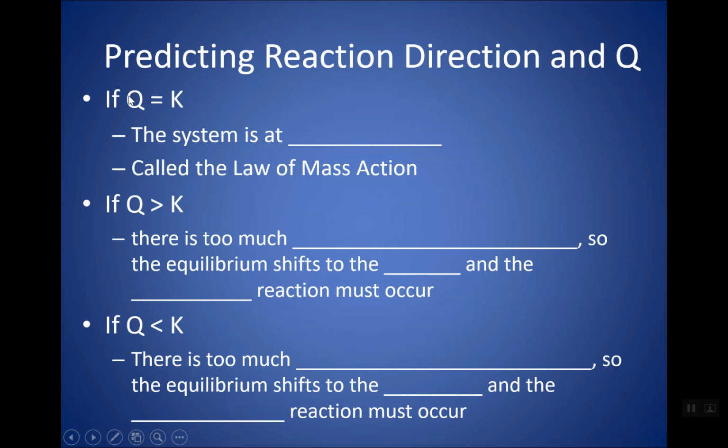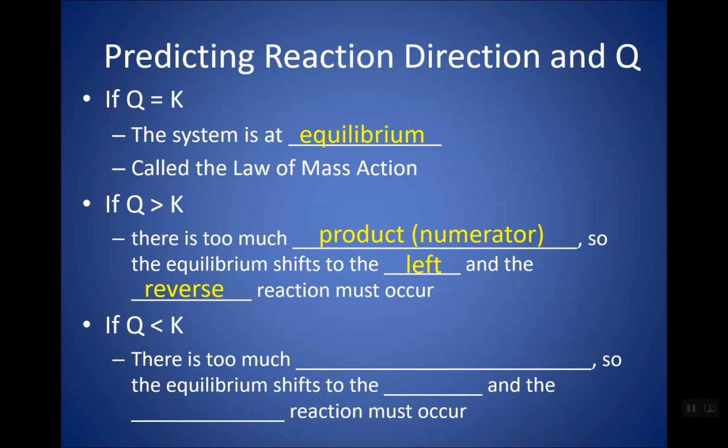Okay, so just to sum this up, if Q equals K, you're at equilibrium. Cool. If Q is bigger than K, let's think of our expression. Numerator is product. So if Q is bigger than K, I've got too much product, too much numerator. So equilibrium is going to shift to the left to use up that product to create reactant, and it's going to go in reverse